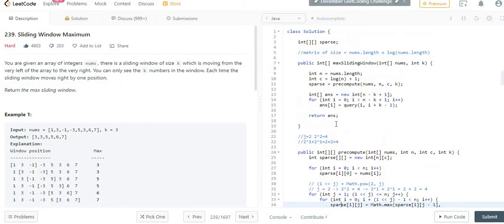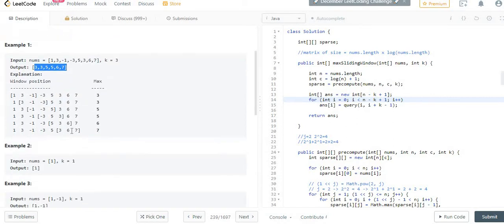Once it is done, next I am calculating the answer array size. To calculate the answer size, the formula is n minus k plus 1. For example, here I have 8 elements, so 8 minus 3 is 5, plus 1, so that is going to be my array size. Here you can also count the number of elements, it is going to be 6. Similarly, let's say n is equal to 1 and k is also 1, so 1 minus 1 is 0, plus 1, so my output array size would be 1, which gives me the perfect array size.